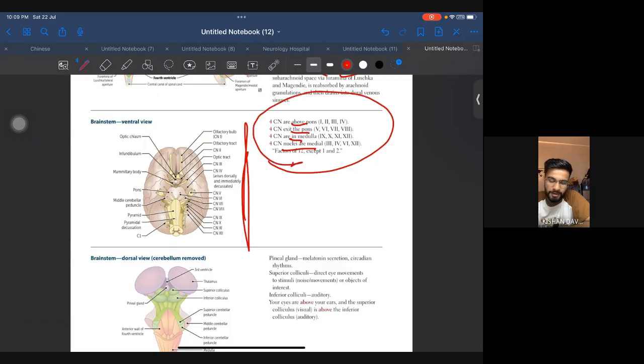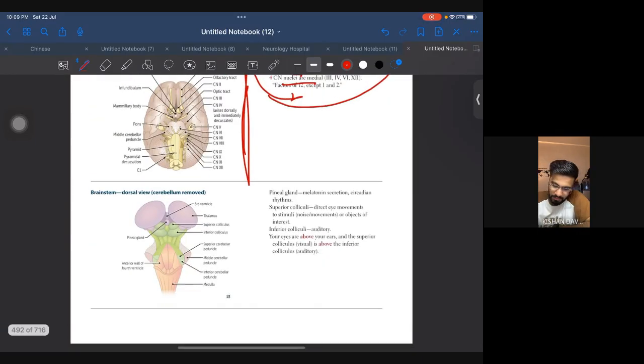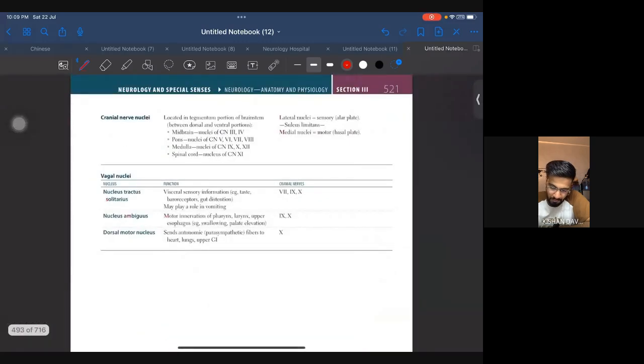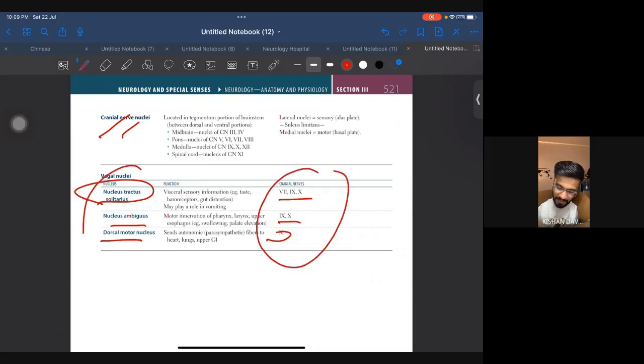Now why this is important, I'll tell you. Ignore this. Okay, moving ahead. Cranial nerve nuclei, छोड़ो कोई ये सब नॉर्मल बात है. न्यूक्लियस ट्रैक्टस सॉलिटेरियस 8 9 10, एम्बिगुअस 11 10, डोर्सल 10. ये cranial nerve याद रखना and nucleus याद रखना. That's it. You are good to go. With this,